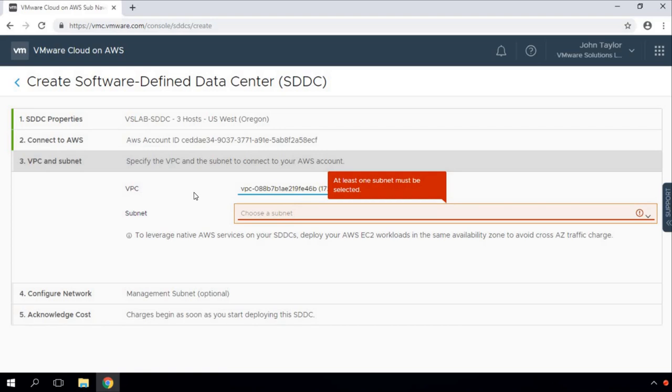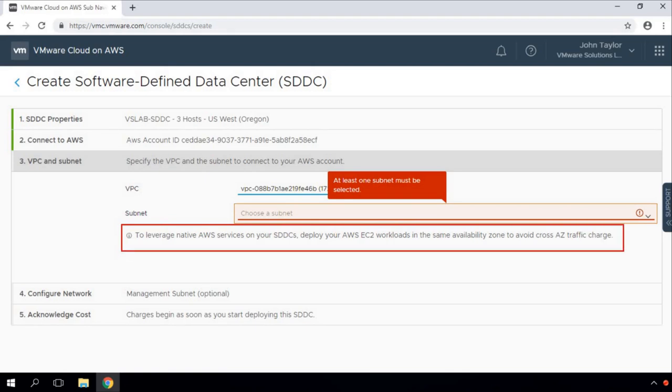Now, one very important thing to remember here: if we want to leverage native AWS services, look at this information icon. It says that to leverage native AWS services on your SDDC, deploy your EC2 workloads in the same availability zone to avoid cross-AZ traffic charges.